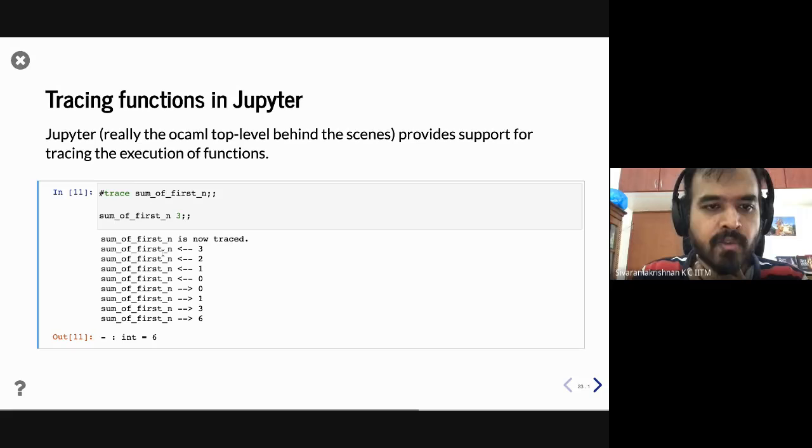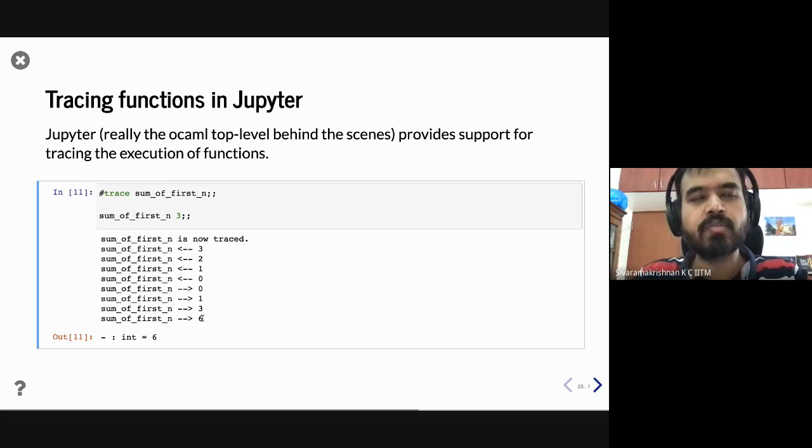You call the function with 3 first, then the recursive call with 2, then 1, then 0, and the recursive call to 0 returns 0. Then the call with 1 returns 1 because it's 0 plus 1, and the call with 2 returns 3 because it is 0 plus 1 plus 2, and the first call returns 6 because it is 0 plus 1 plus 2 plus 3. So you can actually see the input and output flow.